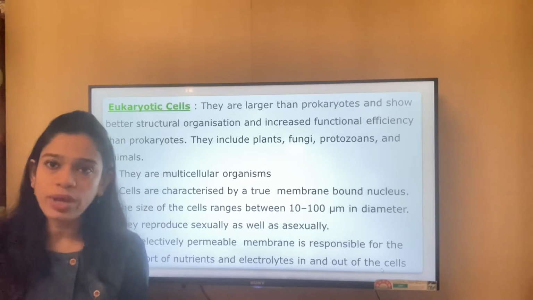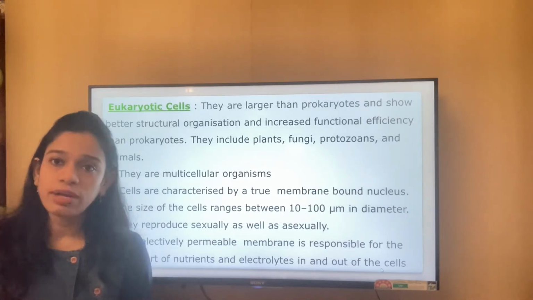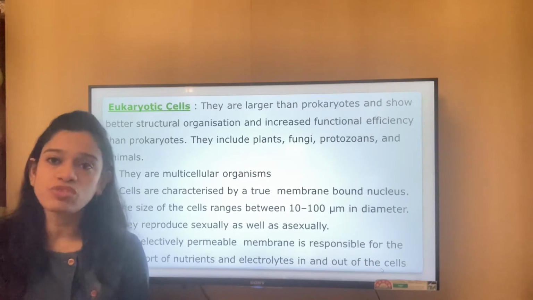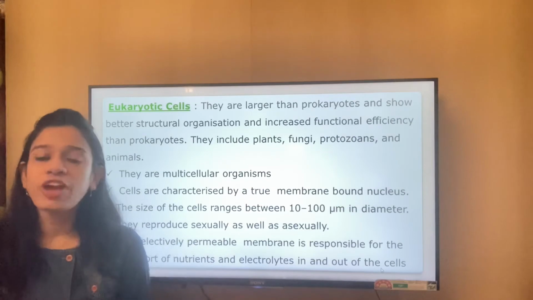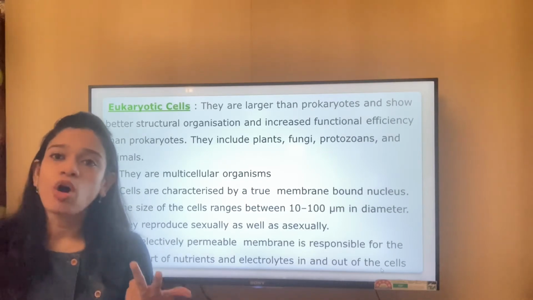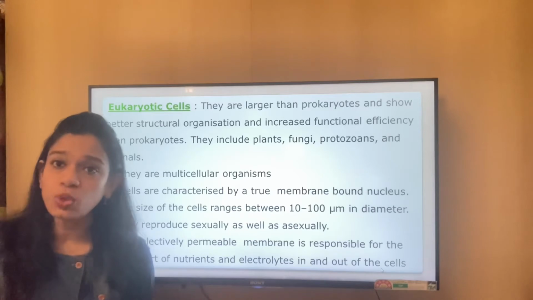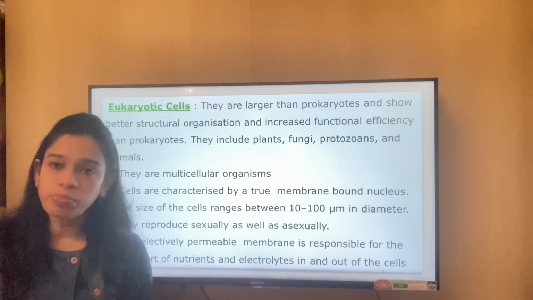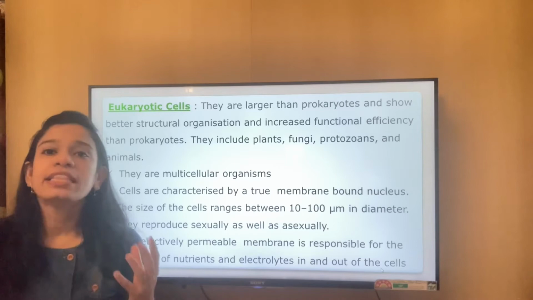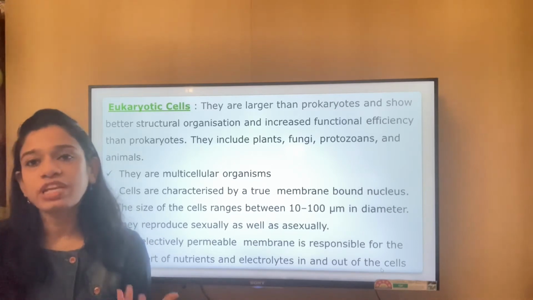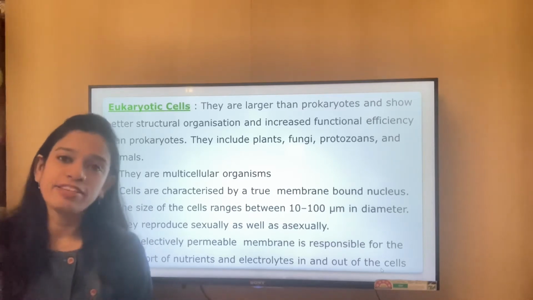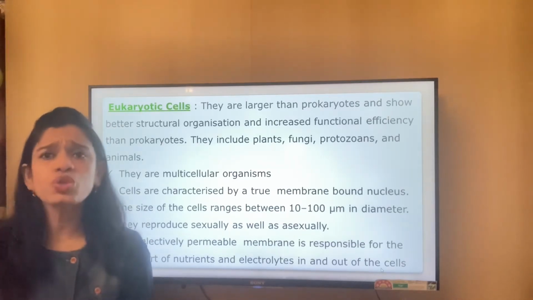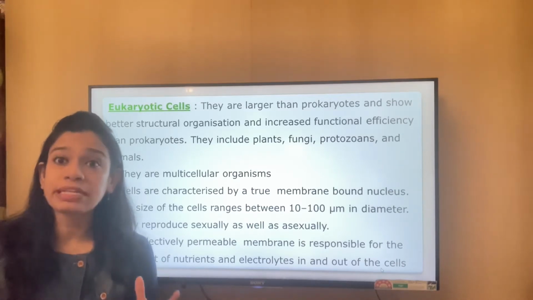Whereas the eukaryotes are multicellular. Their average cell diameter ranges from 10 to 100 micrometers. They are very much evolved. The organelles are all membrane bound, including the nucleus. The nucleus has proper genetic material in the form of DNA, and they reproduce sexually and even asexually. So these are the basic characteristics of the eukaryotes and the prokaryotes,